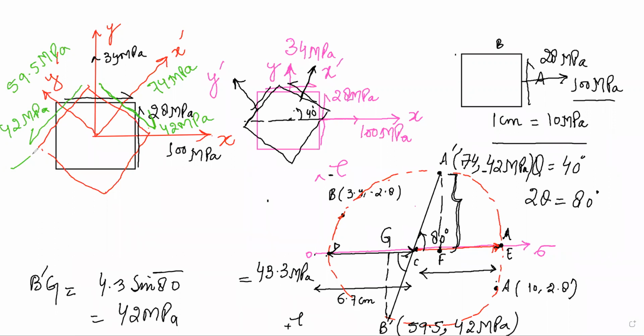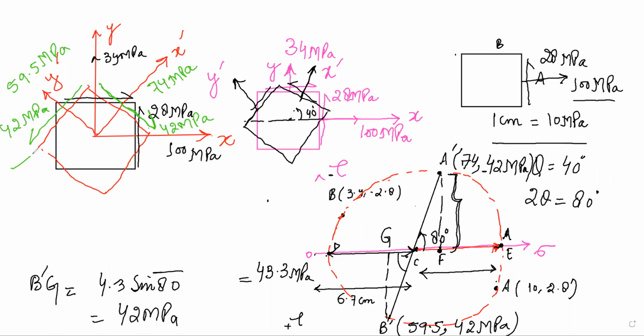Actually we have to do the same thing, but I wrote the Mohr circle first because this is a bit easy. Okay, but in exams you will get a choice to do it using the Mohr circle or to do it using component transformation. Okay, you should know both the methods. Fine.